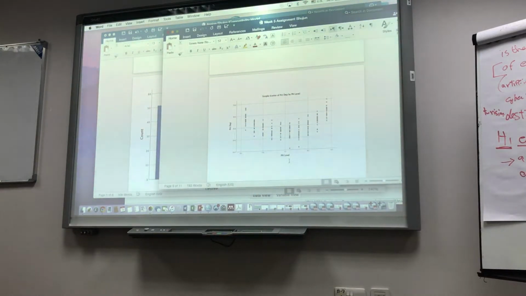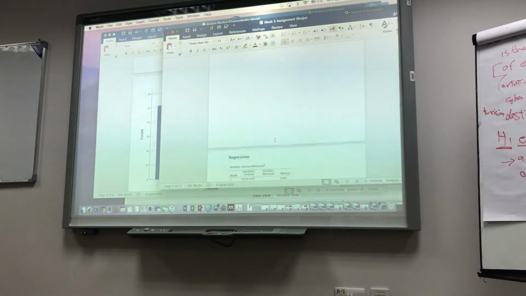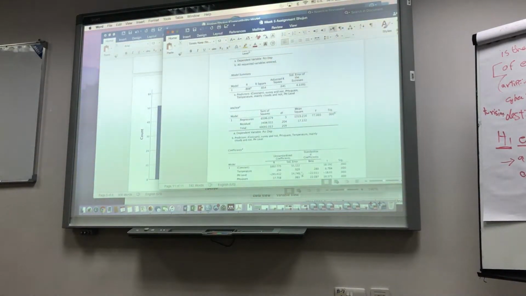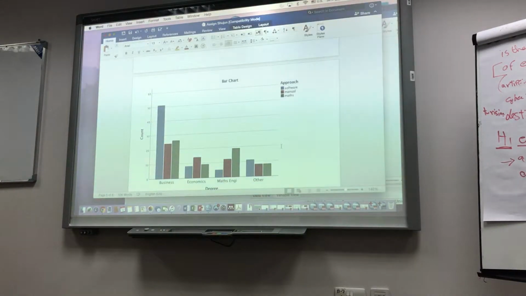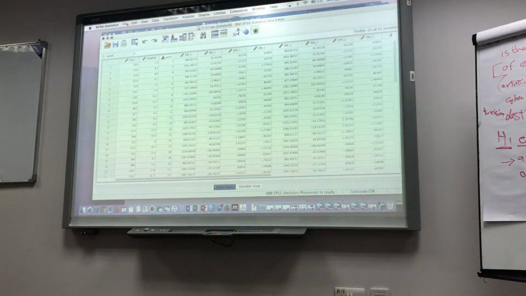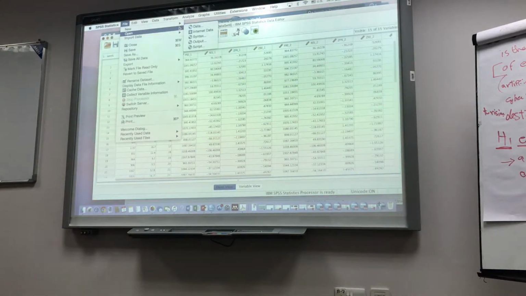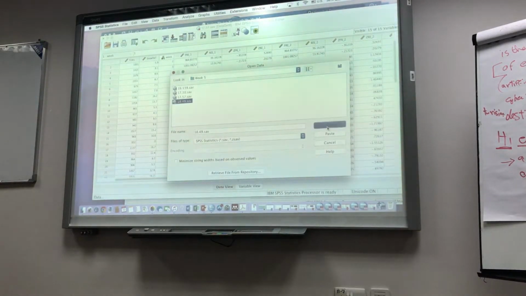It's a polynomial model, so pH should have a squared term in the model. I pre-calculated the squared value for pH in Excel, and then transferred it into SPSS data. So I need to open the data set. This is the last question.